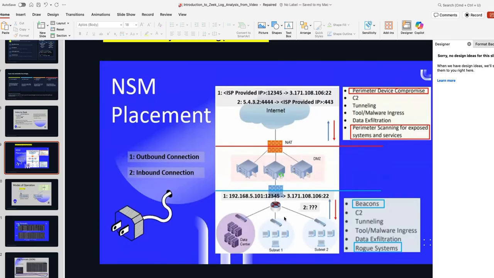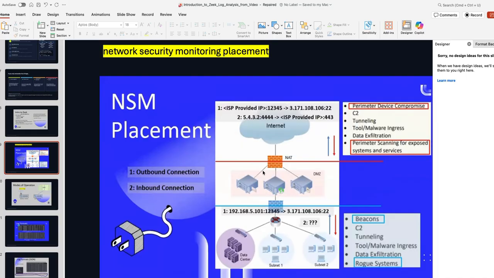Okay, so what would be the advantage of putting the network, the NSM or network security monitoring, in here in the DMZ so it could face directly into the internet? So as an example, you could know and understand, as they say, perimeter device compromise. Okay, you can see the top talkers in terms of what external IP addresses they could be going to,